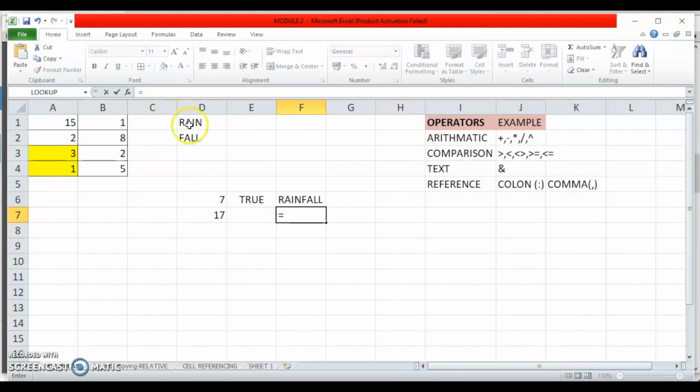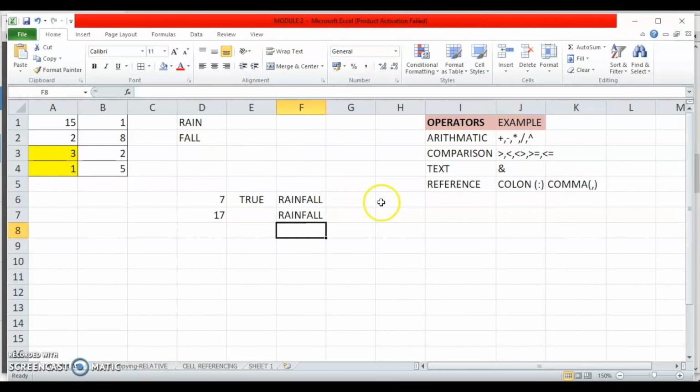I can also do the same using cell references. Put an equal to sign, click on the first cell, put the ampersand sign, click on the second cell, press enter. Dear friends, please see that using the cell references is convenient and it's faster. So wherever possible, do not type the cell references. Always click and the formula will take the cell reference.